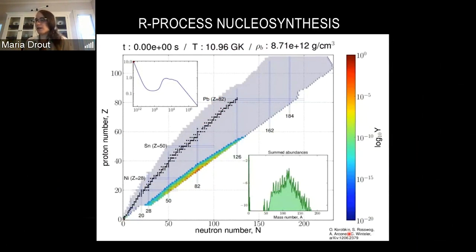So what's going on in this plot is we have on the horizontal axis the neutron number, how many neutrons are in the nucleus of an atom, and on the vertical axis, the proton number. So higher up on the vertical axis, that's a heavier element. When we're trying to work our way up and make heavier elements, we're trying to get further vertically on this plot. And the colored squares represent the results of a numerical simulation that was run by Stefan Rosswog. All of the colored dots are showing you in this simulation what elements are present, and he's basically going to start bombarding it with a high flux of neutrons and see what happens to the elements.